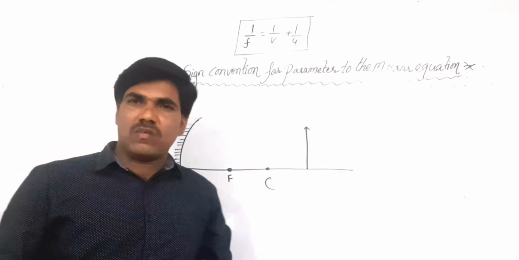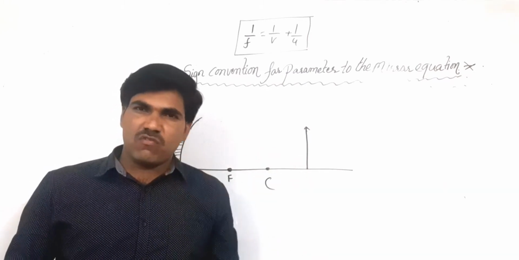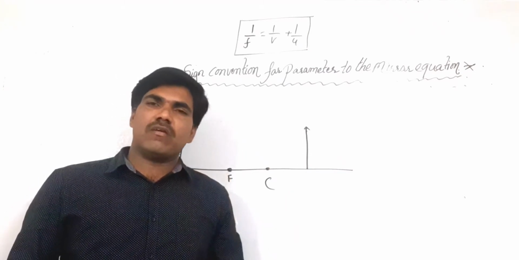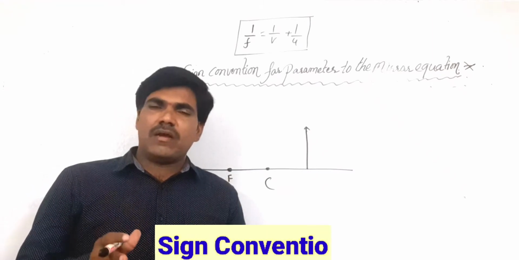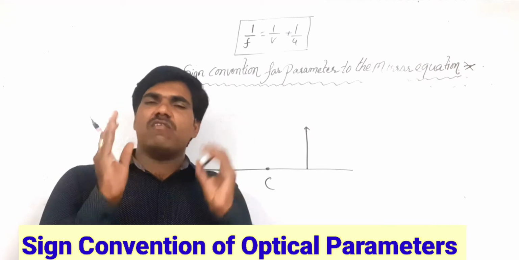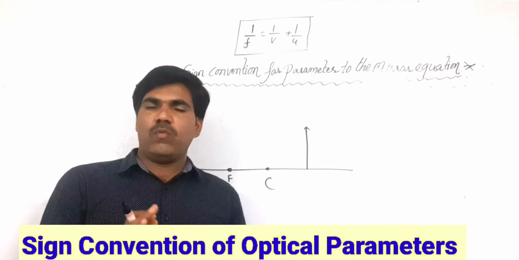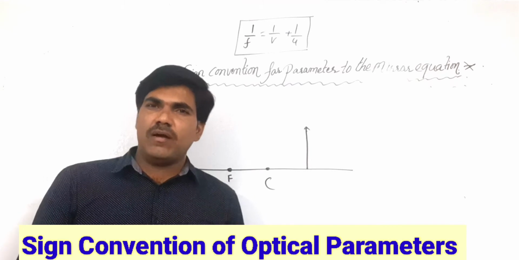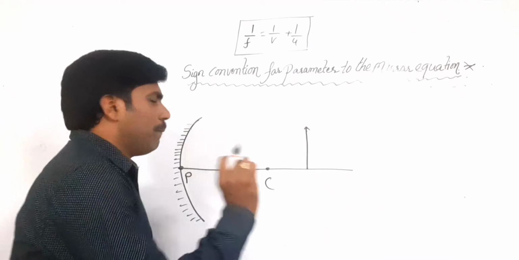And what parameters are there in a mirror equation? The focal length f, the image distance v, and the object distance u are the parameters of our mirror equations. In optics, the sign convention is a very important thing. That's why we now have to go through how to consider the sign conventions for the parameters in mirror equations. First point, in any optical system,